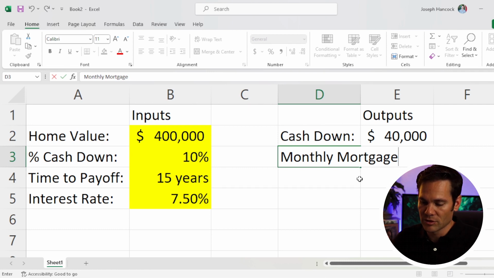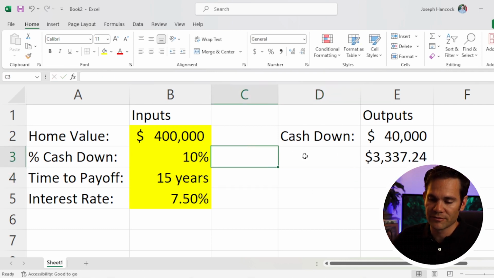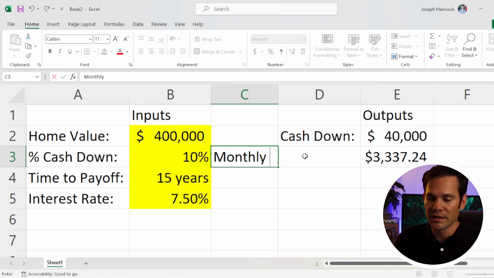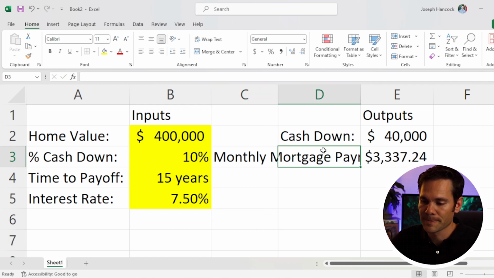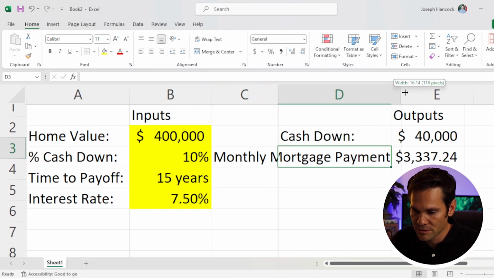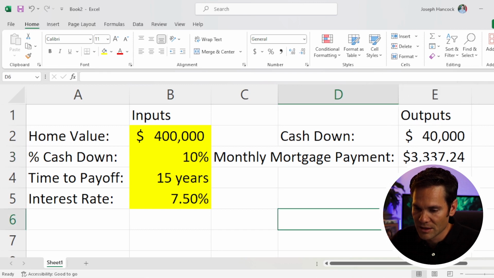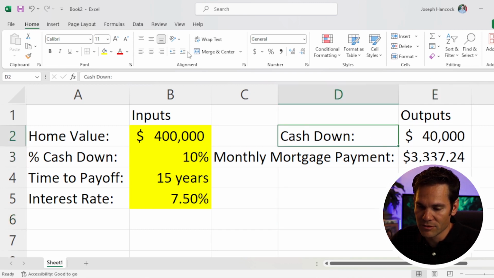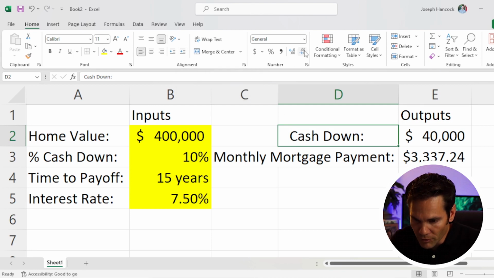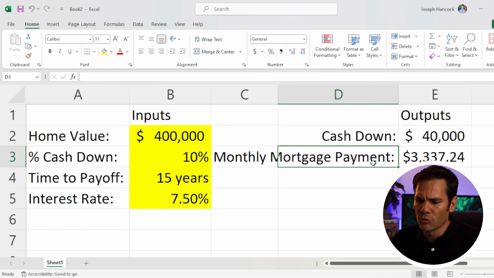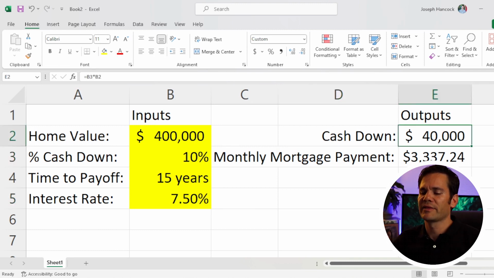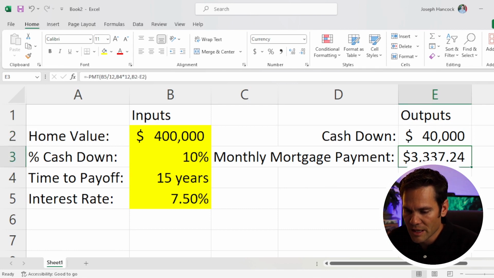And as you can see, it's not going to be big enough for Excel for that. So I'm going to put it here, monthly mortgage payment. Okay, I'm going to extend this out. Alright, there we go. So you have your cash down, and I'm going to bring this to the right side of the cell so it's a little bit more lined up. Okay, so we have $40,000 that we're going to be putting down on this home,